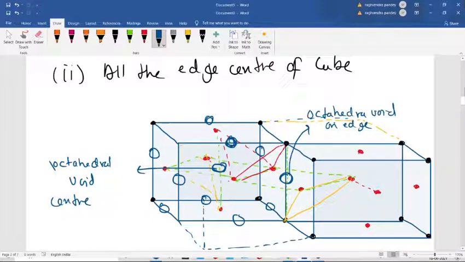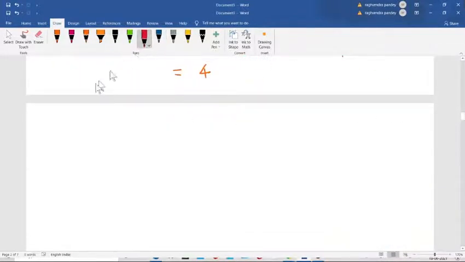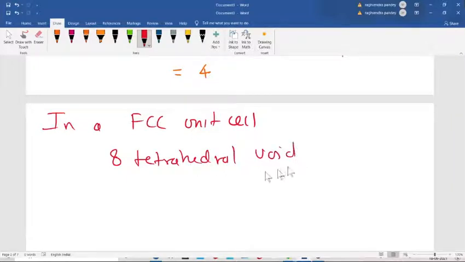Let's summarize it like this. In an FCC unit cell, there are 8 tetrahedral voids plus 4 octahedral voids.